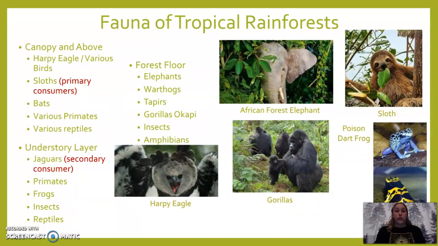Here is the fauna of tropical rainforests. So canopy and above, you have your harpy eagle and various birds, sloths, which are considered primary consumers, bats, various primates, various reptiles. In your understory layer, you have jaguars, which are considered secondary consumers, primates, frogs, insects, reptiles. In your forest floor, you have elephants, warthogs, tapirs, gorillas, okapi,